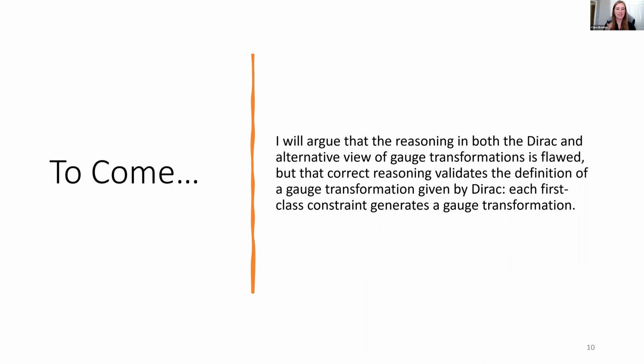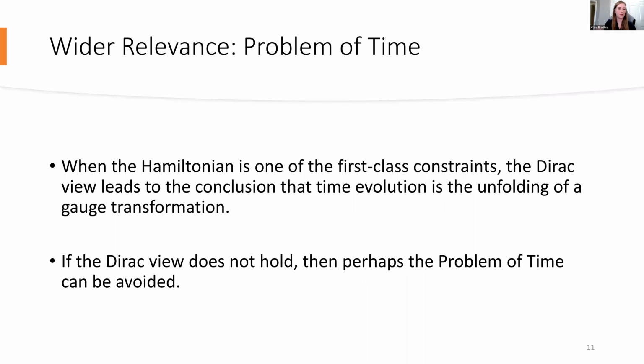So before I get into my argument, I'm first going to consider some reasons that one should care about this question. So the first reason, as I suggested before, is that the constraint Hamiltonian formalism is the basis of this puzzle, the problem of time. And in particular, the formulation of the problem of time that is most relevant for what I'm going to be talking about is that when the Hamiltonian, the thing that generates the dynamics, is itself one of the first-class constraints,